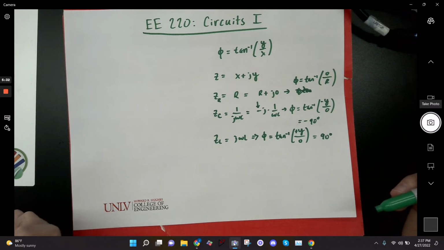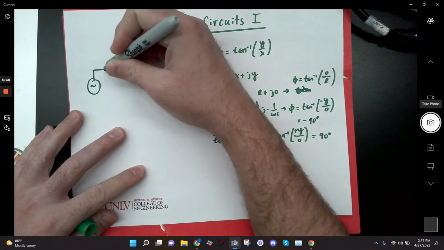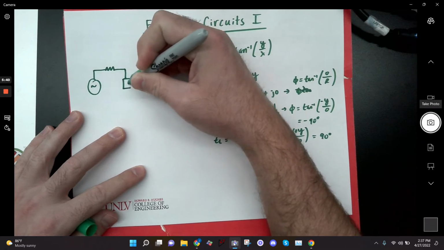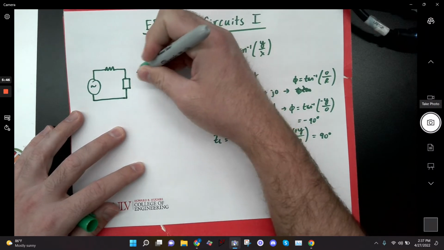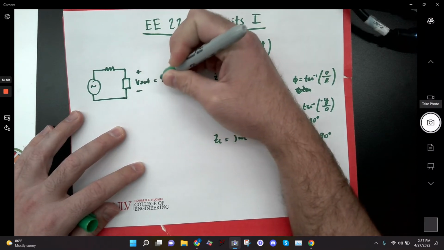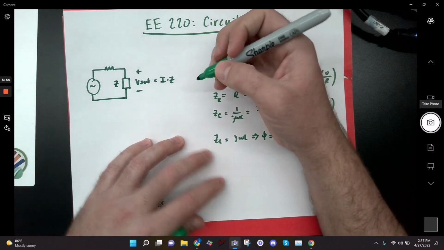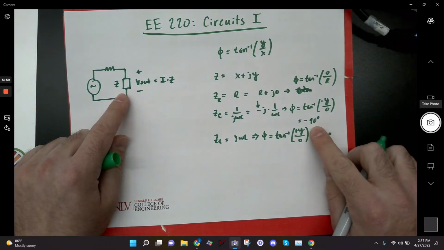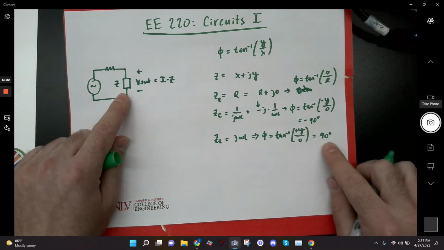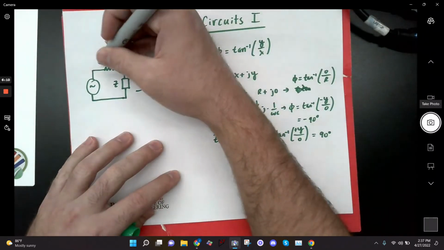Yeah, so when we had those circuits on the homework, we had a source, we had a resistor, and then we had, whether it be a capacitor or an inductor, it's just an impedance. And so to find V out, it's I times basically whatever this impedance is, Z, right? And so if that impedance is a capacitance, it's going to have a phase of negative 90. It doesn't matter what size capacitor it is. If it's an inductor, it's going to have a phase of 90. It doesn't matter what size inductor it is, because all that matters is that there's no real component to that piece. But for the total, right, the total,